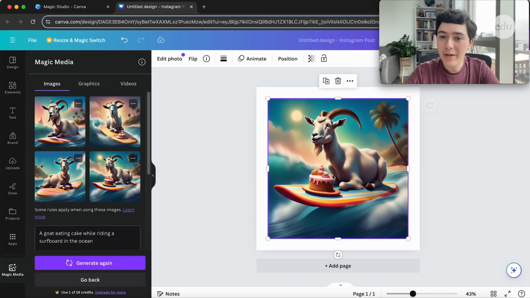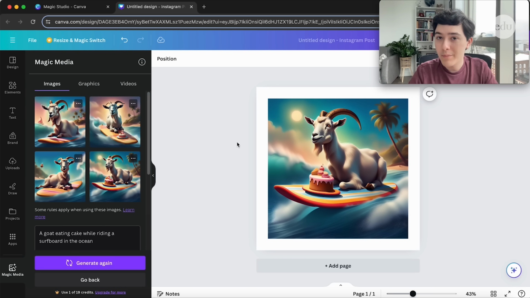So what some elementary school teachers are doing are projecting these AI-generated images on the board and using them as writing prompts. For young writers who might be struggling to get their creative juices flowing, a fun image like this can be a great entry point for writing. You can ask them to write the backstory for this image.